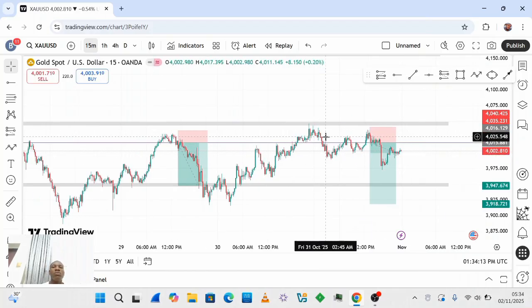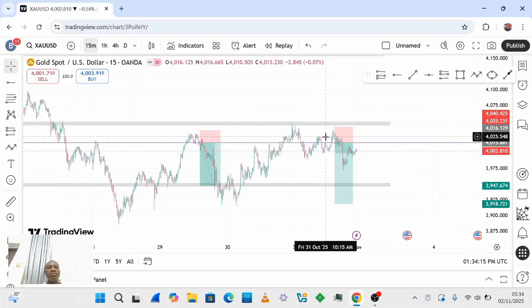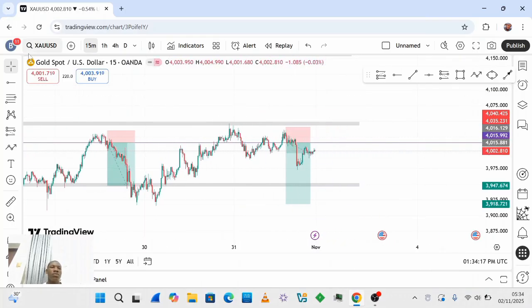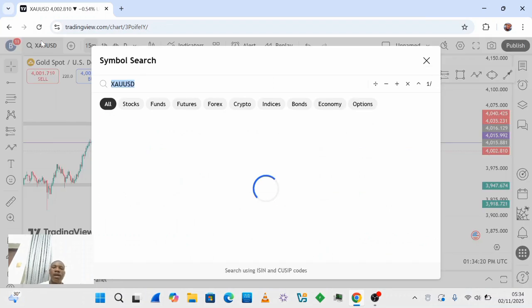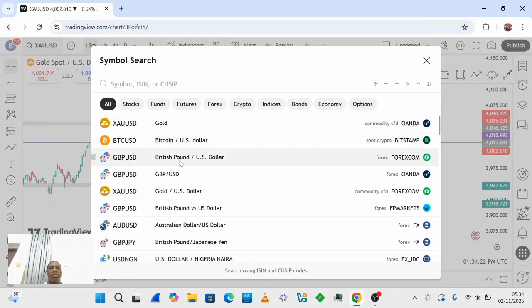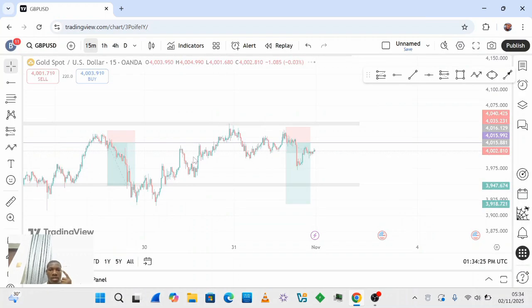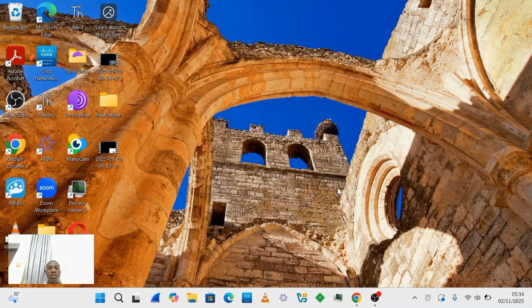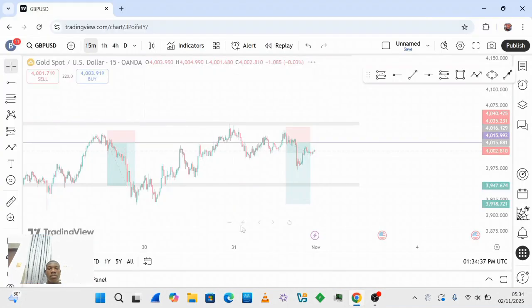Now going to GBP USD, it has also been on a downtrend for a while now. This is my GBP USD. What is wrong? Please come up now. The network is a bit slow now. So